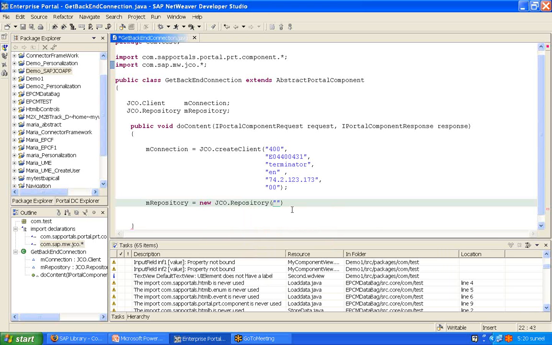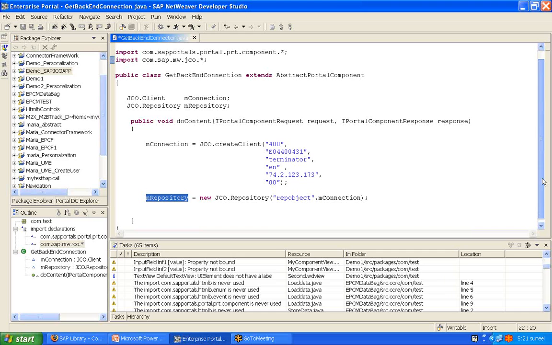One is a string, and the other holds the connection object. And store this. This is done. This repository object is required to check the function in the backend, that the method in the backend, and